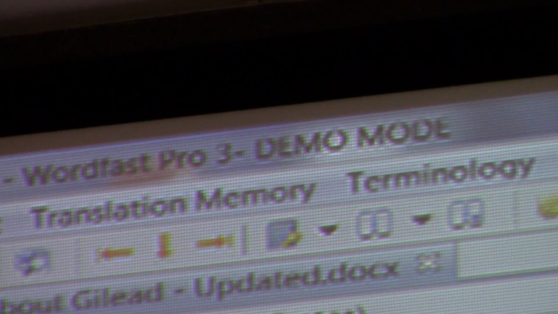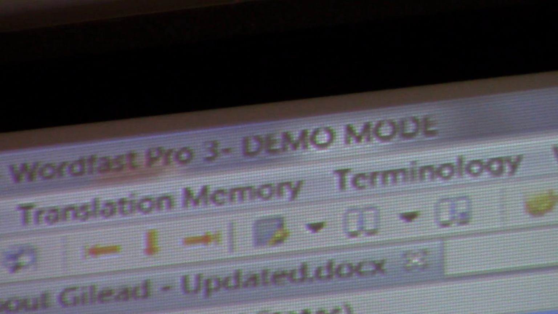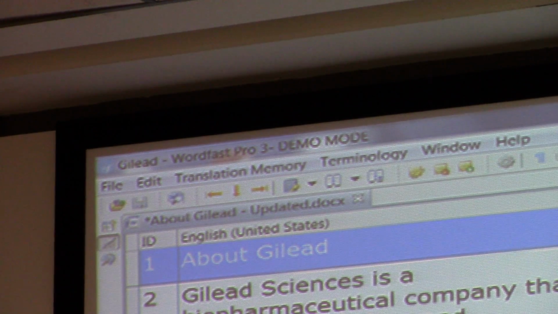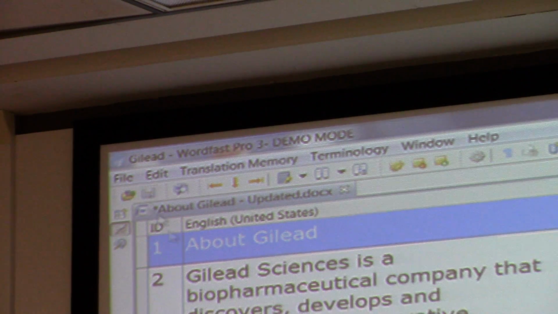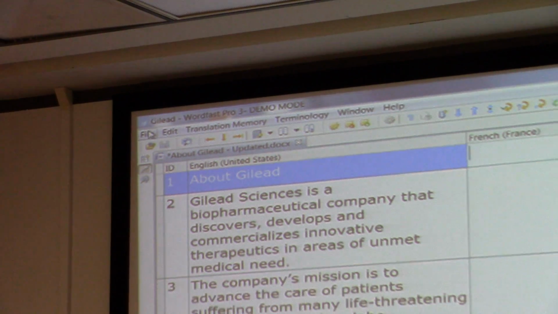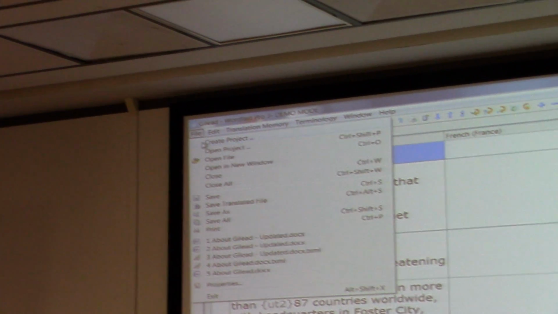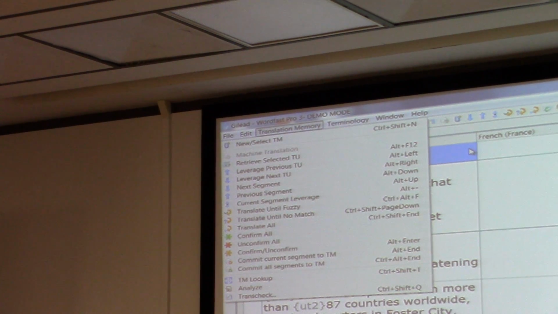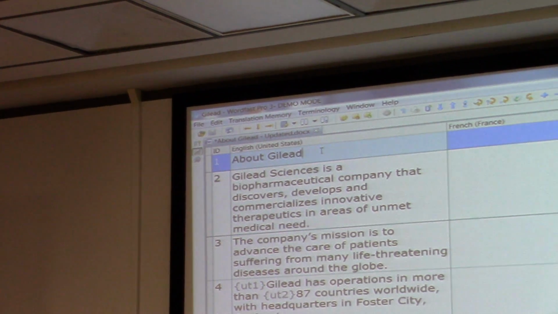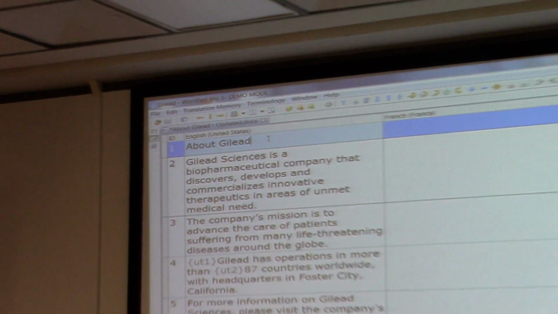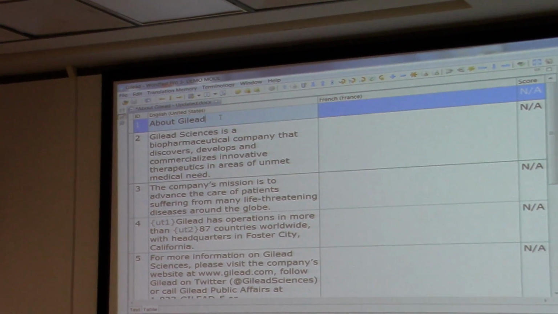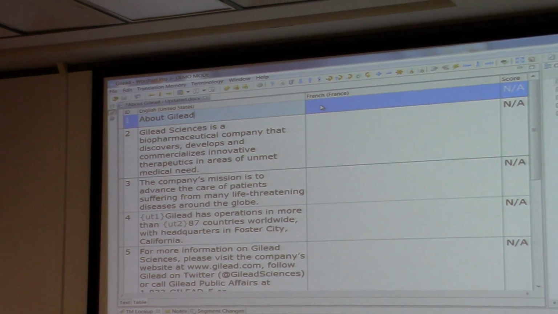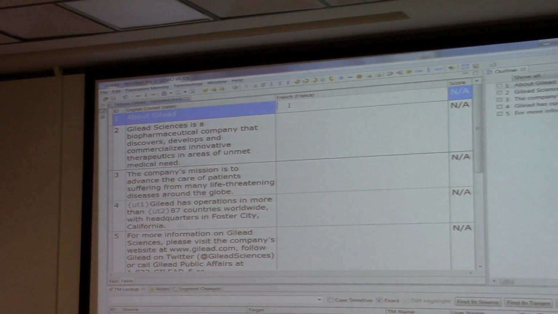So this is a Word document. So I open the Word document in my CAT tool. So you have here, file, and then you can open file and all this. So it's just the same as normal documents. And it immediately segmented it into sentence level. So I'm ready to go. So what you do is you start